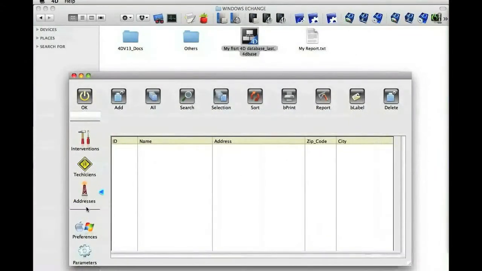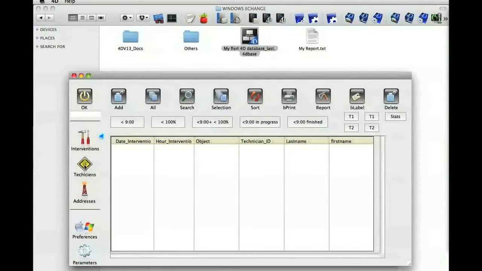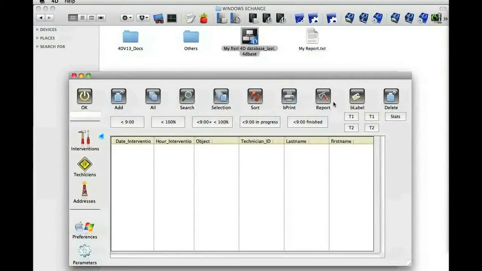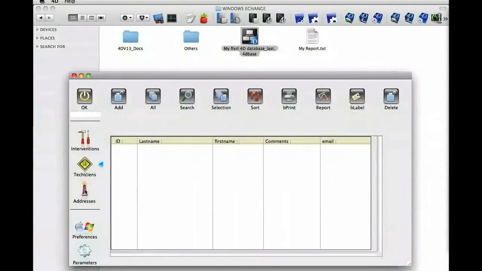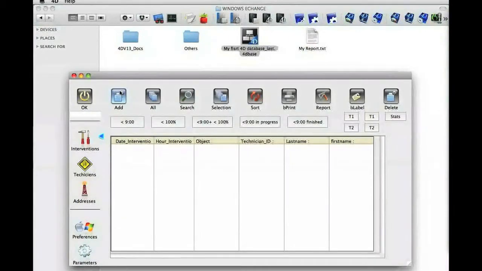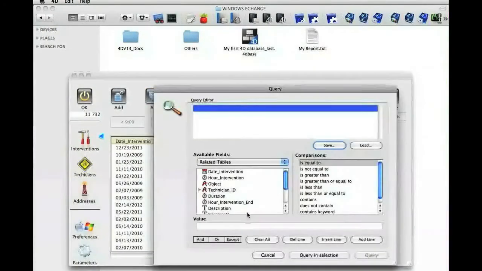In terms of presentation, on the left we have 5 ways to access different lists. When you click on one of the 3 buttons on the left, the top series of buttons is visible, with a strip of buttons specific to each list. These buttons let you either add a record to the list or see the complete list of records, perform a multi-criteria search,